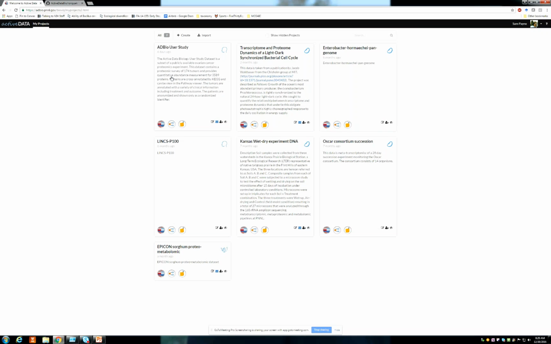Each of these panels here represents a project that I work on, and we'll talk about the active data user study first. This is an experiment where we were given 174 tumors, and we were asked to characterize the proteins that are present in these tumors and whether they are highly abundant or not very abundant.